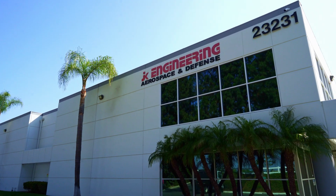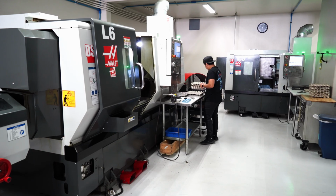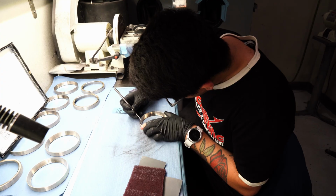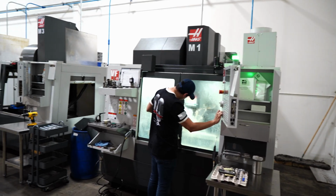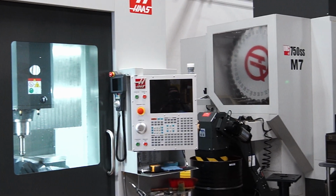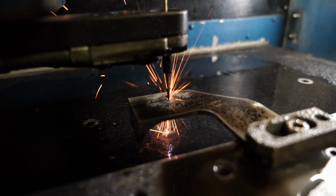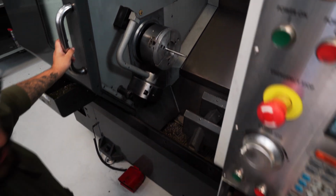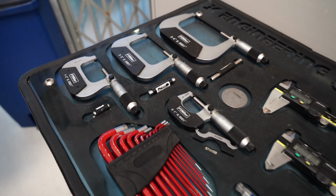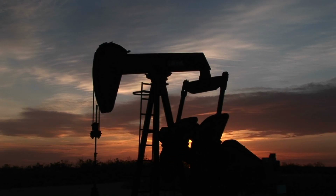JK Engineering, a full-service precision manufacturer, home of production manufacturing, machining services, assembly services, fabrication, and flight critical assembly. We specialize in 3, 4, and 5-axis high-speed machining, CNC milling, EDM 8-axis wire, sinker, hole popping, and dual spindle production turning. We are AS 9100, ISO, and ITAR certified and proud to serve the defense, aeronautical, semiconductor, energy, space,